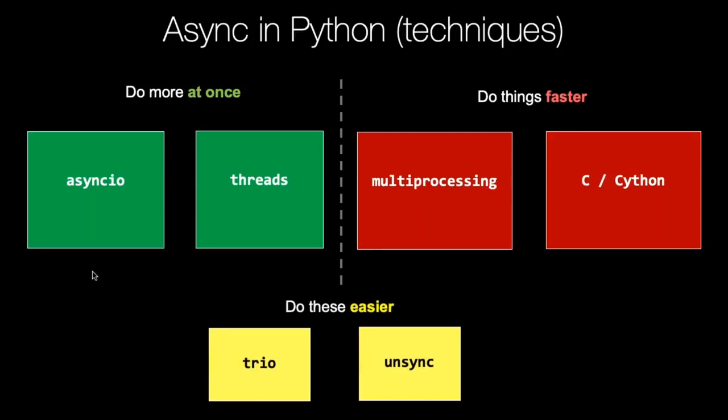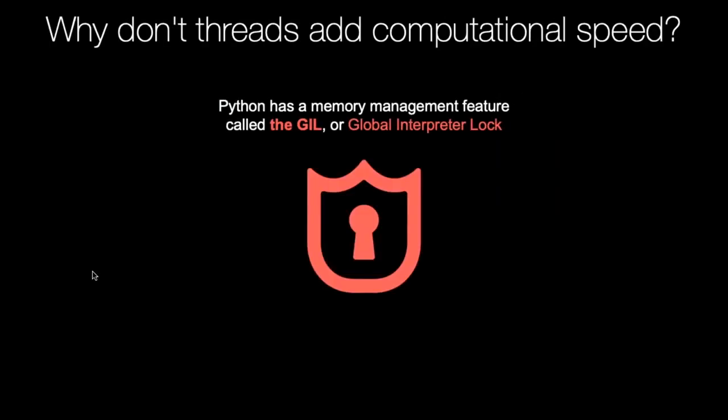All right, then we'll talk about at least one of these other libraries. Trio is a pretty cool library that lets you coordinate stuff more on the left than on the right. And Unsync is really cool. Unsync lets us bridge all of these worlds in a unified API. So it lets you take async code, threaded code, multiprocessing code, and treat them more or less all like Async IO, which is great. Okay, final thought. I mentioned the GIL a couple of times.